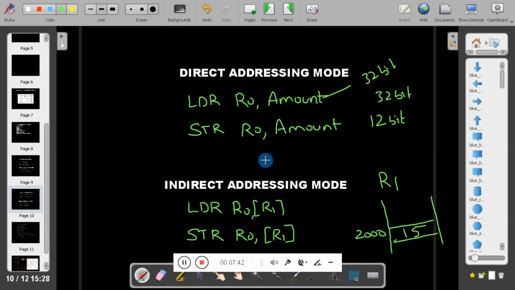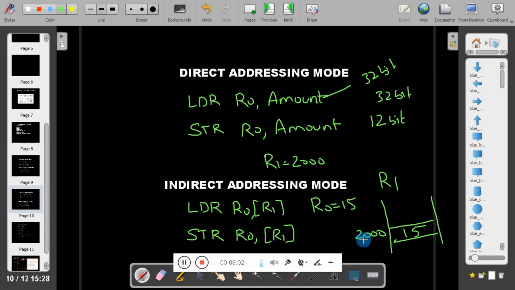I have assigned R1 equal to 2000. Now LDR R0, [R1] means whatever is in that 2000 location, that is 15, will be transferred to R0. So R0 becomes 15.